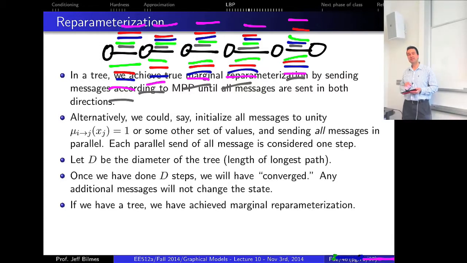So once we've sent 5 messages, which is the diameter of the tree, we've reached a convergent state because information has propagated from one side to the other side of this tree. So we've done 5 messages, the diameter of the tree, in parallel. Of course, a lot of the messages at the beginning are not really doing anything, but when you think about